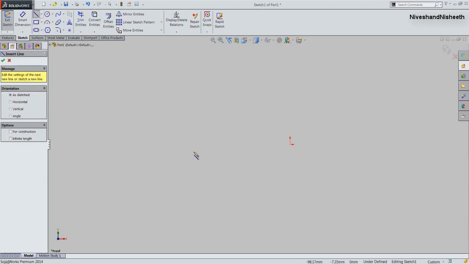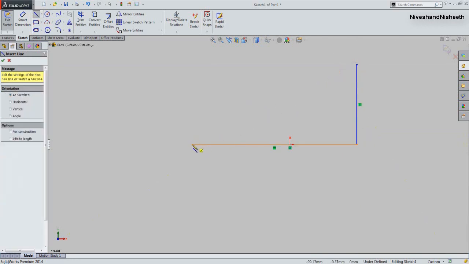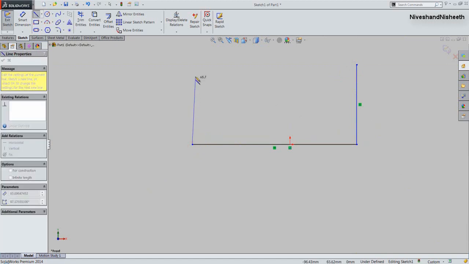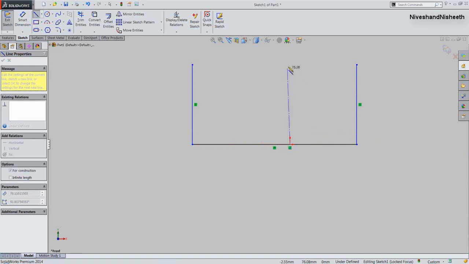Now we will create 3 lines in the design window like this. Now create the center construction line over the midpoint of the baseline.